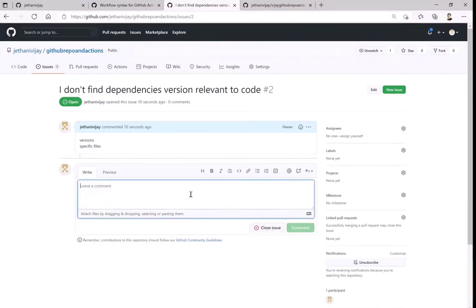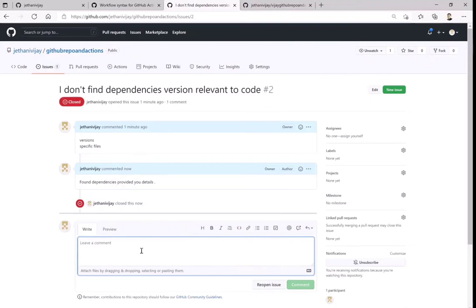Okay, so here I can say okay, found dependencies, provided you details on those dependencies. Okay, and whoever is working on that can finally close that issue.